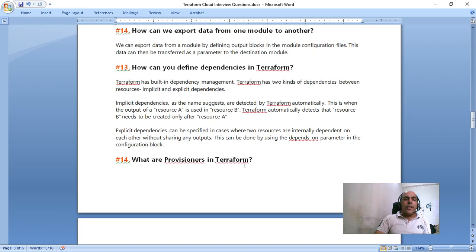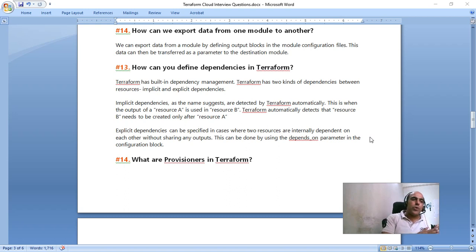How can you define dependencies? For defining dependencies, what do you need to do? Terraform has built-in dependency management. Terraform has two kinds of dependencies between resources: implicit and explicit dependencies. Implicit dependencies, as the name suggests, are detected by Terraform automatically.